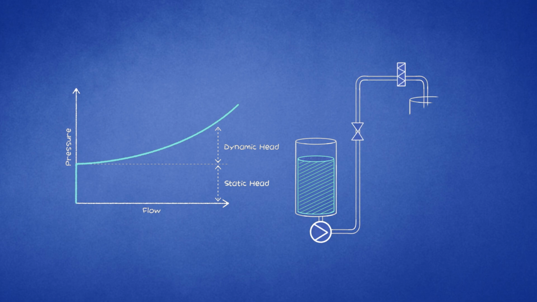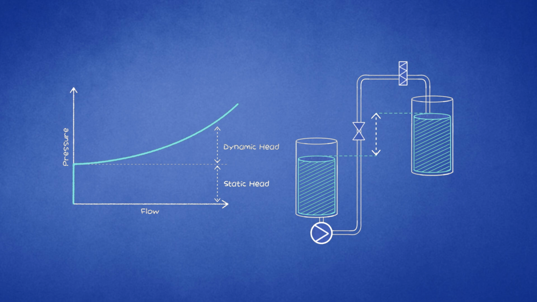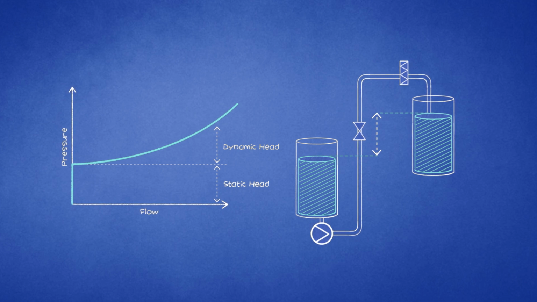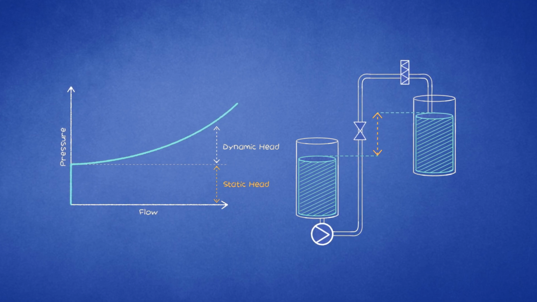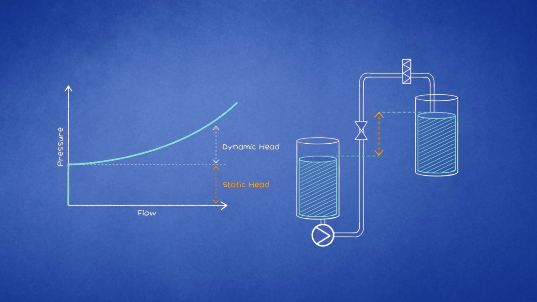Static head, also known as vertical lift or geodetic head, refers to the difference in elevation between the inlet and outlet of the hydraulic setup. Static head is present whether the pump is operating or not and is plotted as the lower portion of the